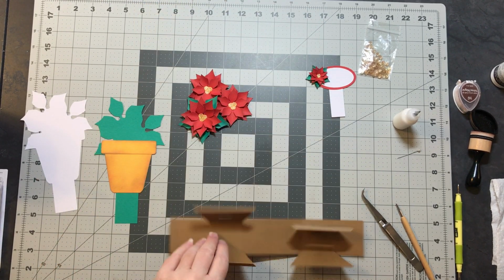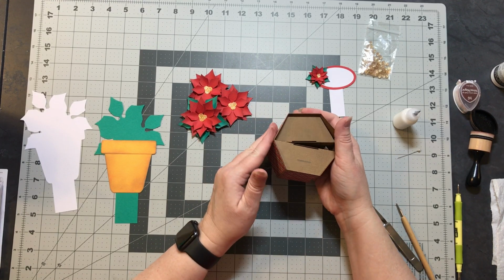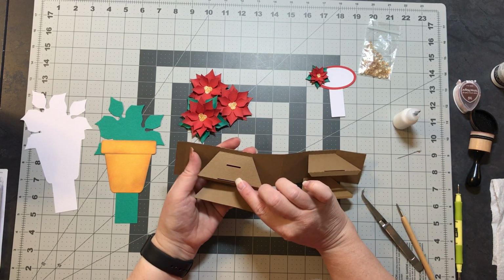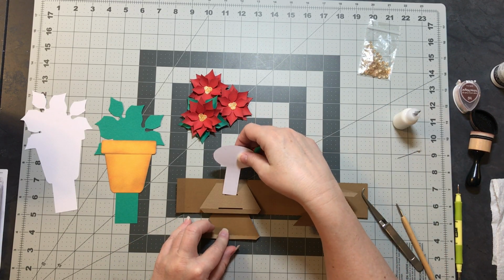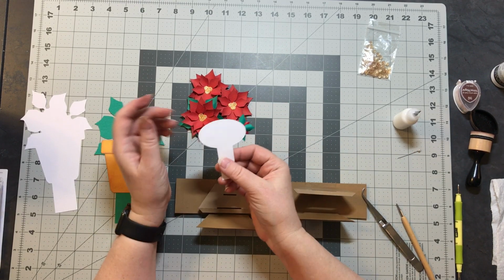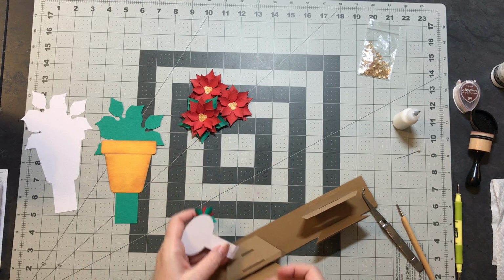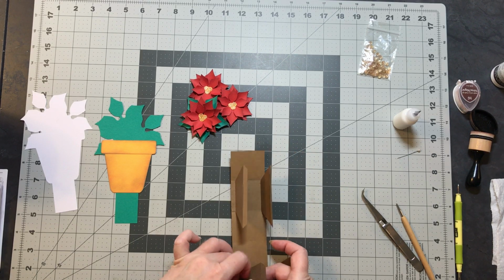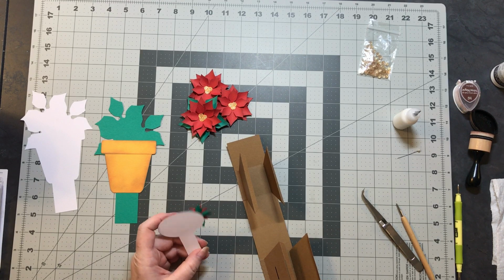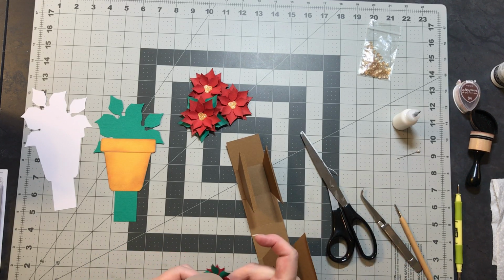Now let's pull our base forward and take a look at this. So you want to acclimate yourself to the way the card looks. Flip it around and look at it, because when you're working with the front, it's going to be backwards to you as you're working on it. So this, I should have waited to put my flower on. This piece you want facing down. And go ahead and fold your tab. You're going to insert this and I will have to do some adjustments because the tab is a smidgen too wide, so I will have to lengthen that in the file